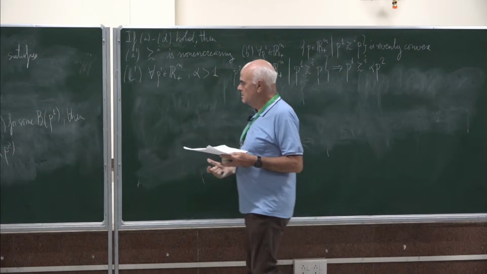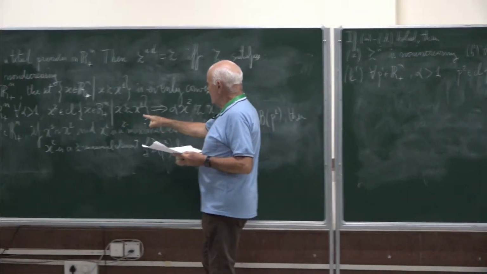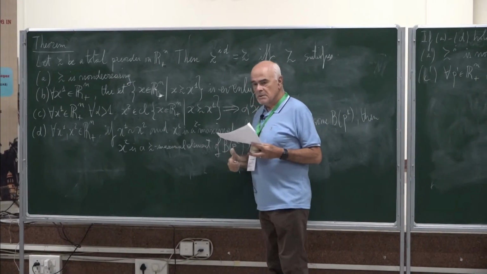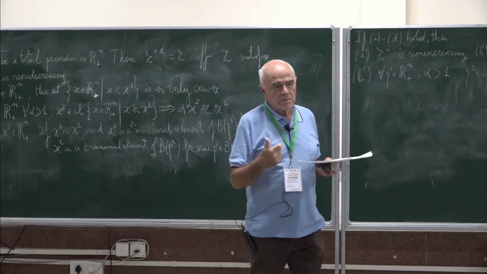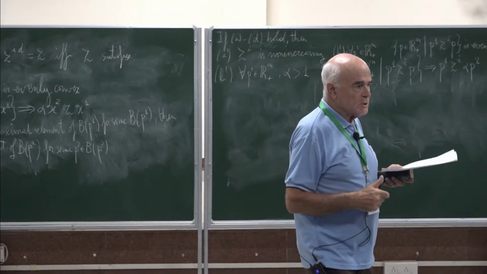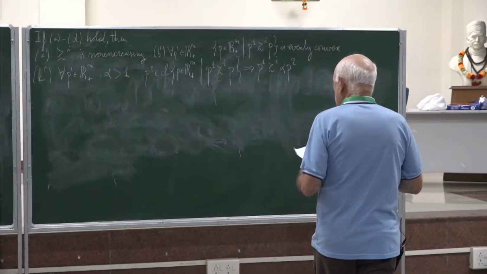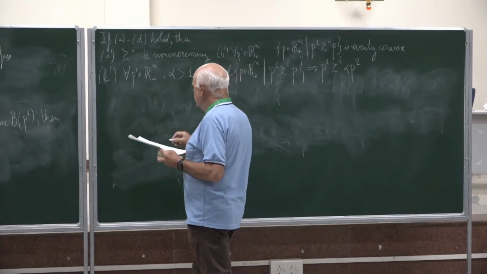Here is the upper contour set, there is the lower contour set, corresponding to lower level sets in the case of a utility function. And now property D prime